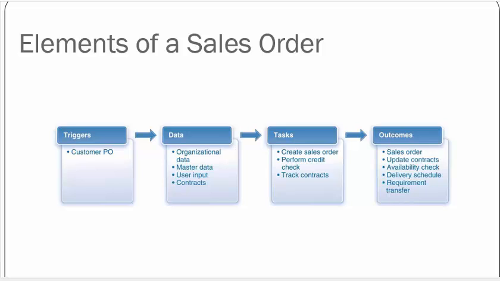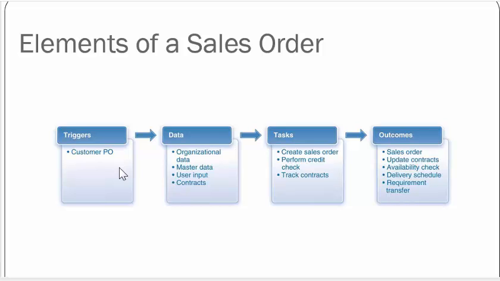This is a continuation of sales and distribution, and now we're looking at the steps for creating a sales order. As you see from the figure, what triggers the creation of a sales order is that a customer would send you a purchase order. So, you get a purchase order from the customer, and that leads you to creation of a sales